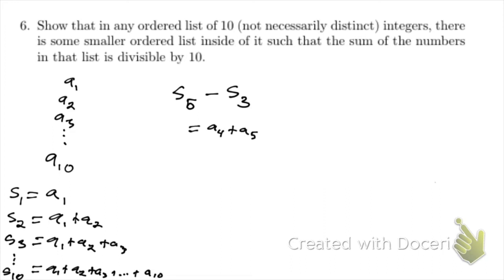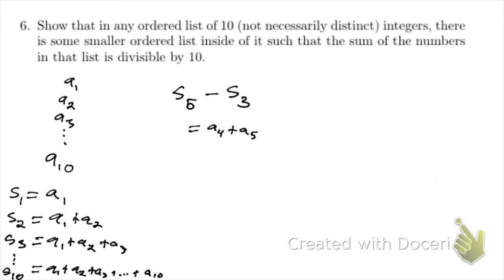Right? Between two sums in there must be divisible by 10. But in this case, we can't do that because we have only 10 sums. So we can't guarantee by the pigeonhole principle that there's going to be at least two that have the same remainder when divided by 10, so that their difference, which would be some other sum, would be divisible by 10. But in fact,